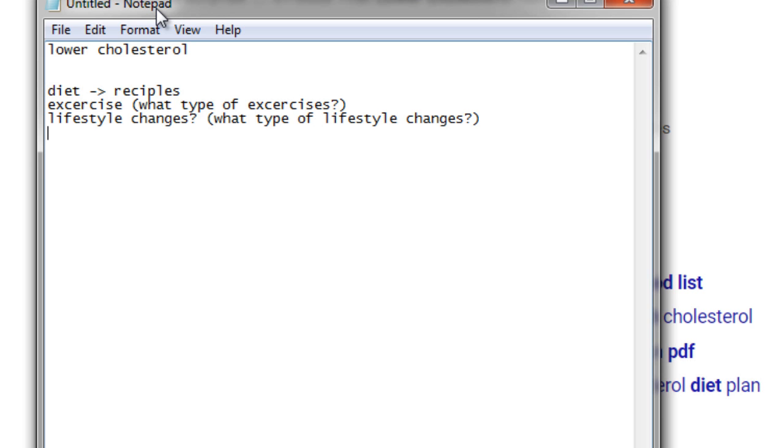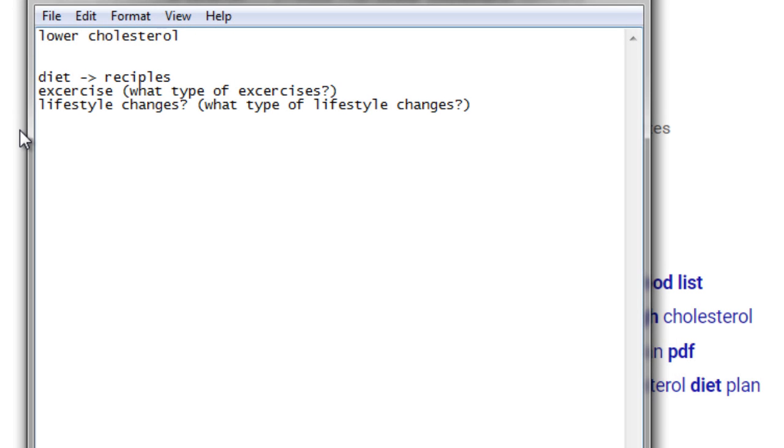So as you're beginning to type these out, ask yourself questions that other people would ask, like what type, or what if, or why, or how, or when. So who, what, when, where, how kind of thing. So that way you can expand upon not just the general niche and the sub niche, but you can expand upon that. So you could see this diet and recipes could become one whole vertical of just topics,